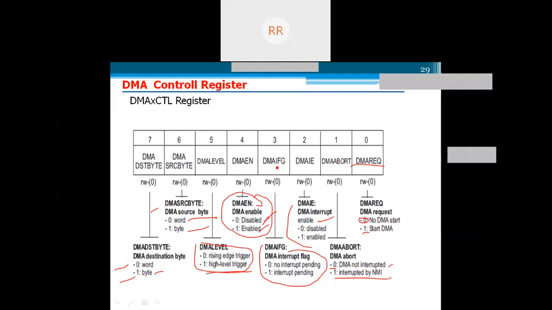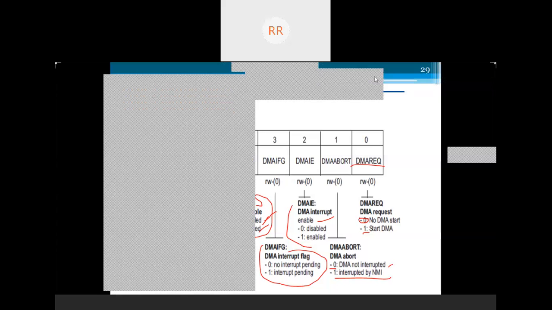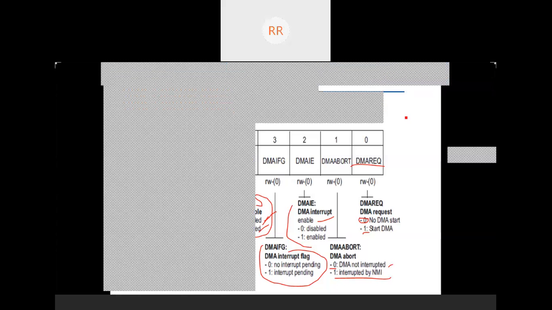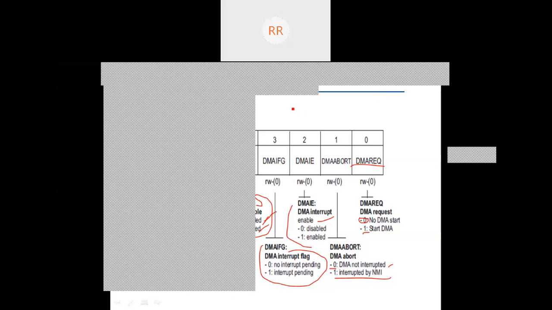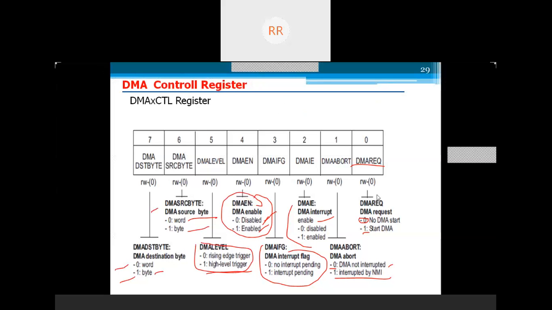I hope you have understood how the DMA is going to be programmed to transmit data from a peripheral device to the memory, or memory to the peripheral device. So we can perform the DMA operation for block transfer or bulk data transmission from one peripheral to the IO devices, otherwise IO devices to the memory unit, and memory to memory data transfer is also possible with the DMA controller. So I hope you understand the DMA operation.